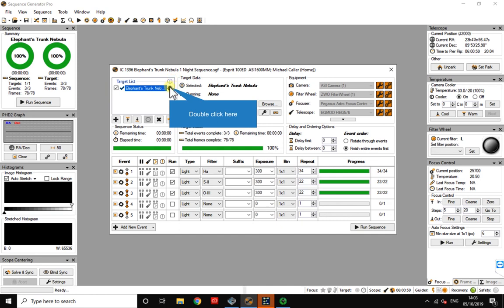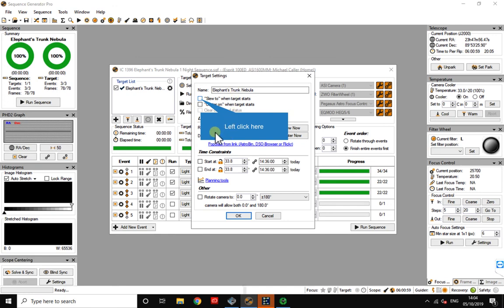There you go. So this is one of my sequences. So this sort of gives you an idea. So what you do, you put your name in, put the coordinates in that I get from Stellarium, or you can upload a photo from AstroBin and everything like that. So basically, once you've got all your information in here, and you've unparked your telescope, if you hit the slew now, what that will do is that will slew to the target. Then it will automatically run the plate solving software. So it will center the target to the center of the field of view. And then once that's done, it will commence with your